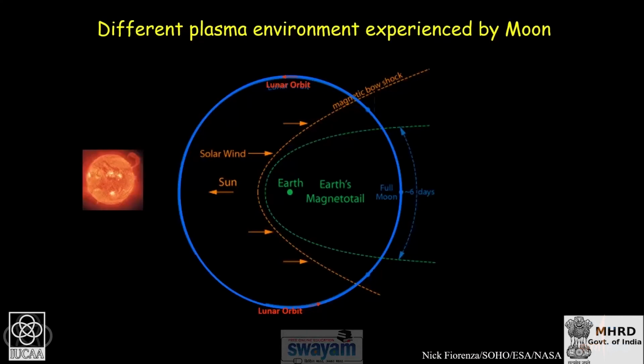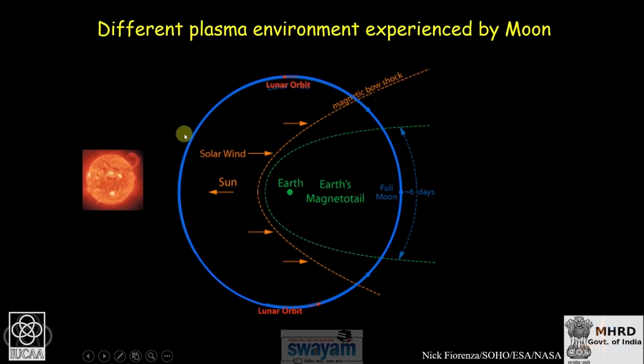Now, you assume that the moon is going around the earth. So, earth is here, this is the orbit of the moon which is going around the earth, and this is the magnetosphere and this is the magnetotail of the earth, which I just mentioned. If you look at this geometry, you will say that the moon is outside the earth's bow shock and magnetosphere